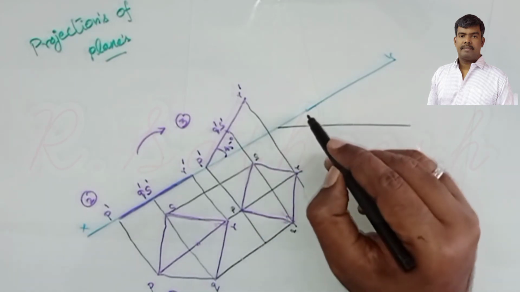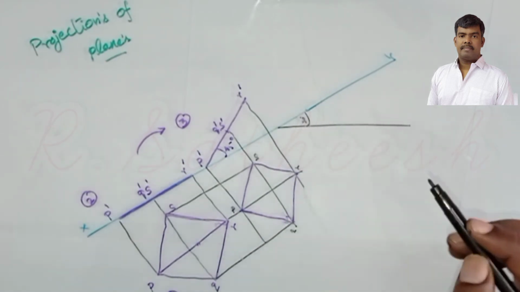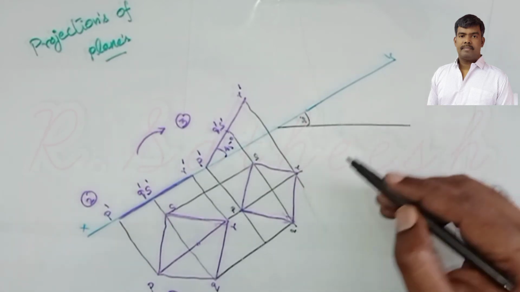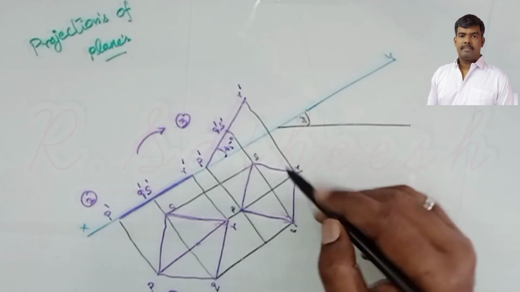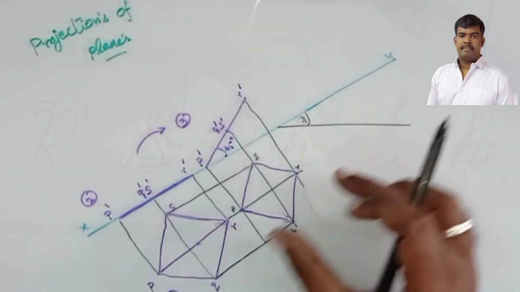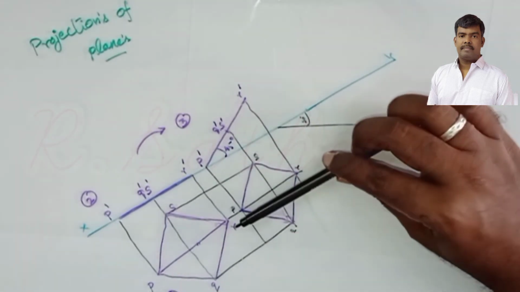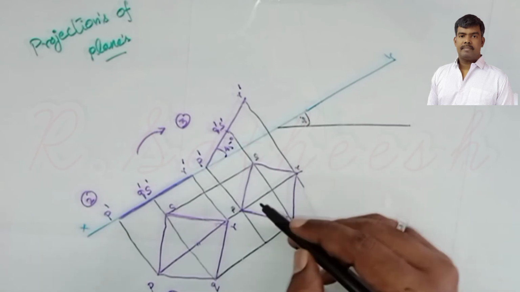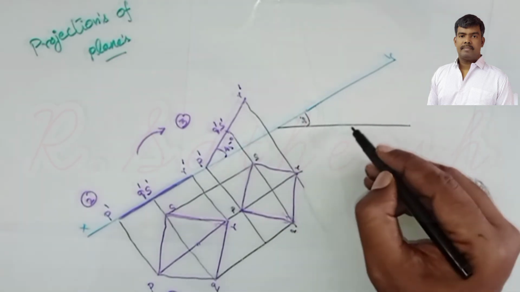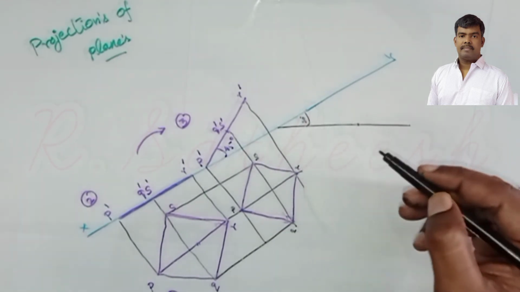line. So this is a 30 degree line inclined to VP. Same PQRS, the same diagram you want to draw, but instead of PQ being parallel to VP, now we want to incline it to VP as per the given angle of 30 degrees. Correct? So very simple. P, anywhere you locate it, so only one condition.